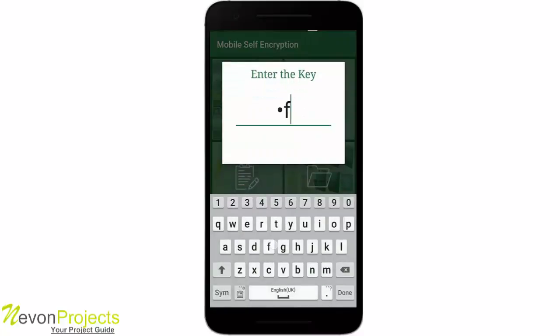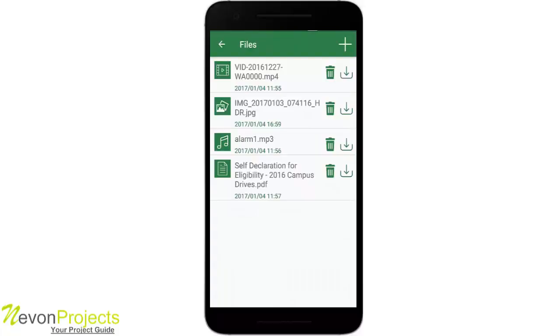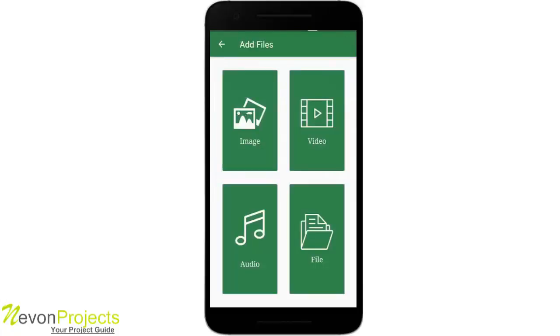Let's enter the key and proceed. So these are the files, but files may contain a video, an image, an audio, a document. So for making it simple for you to understand, I have each of them of different category, and that can be deleted and that can be downloaded. If you click on the top right icon plus, it will ask you which content you need, whether it is an image or video or audio or a file. So if I click on image,